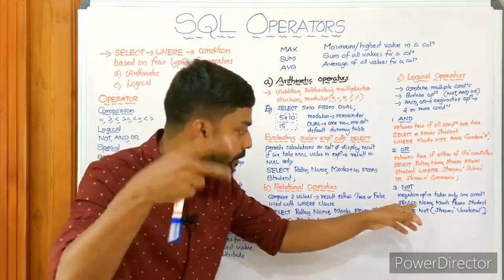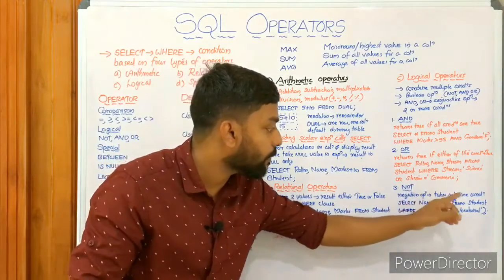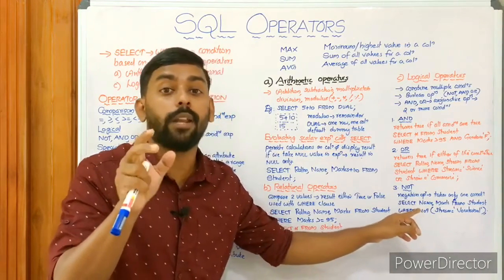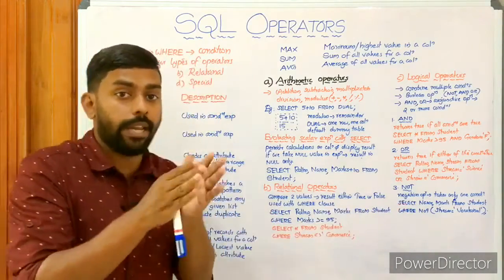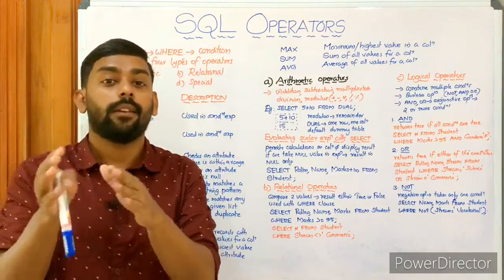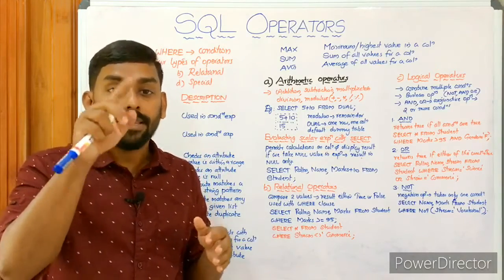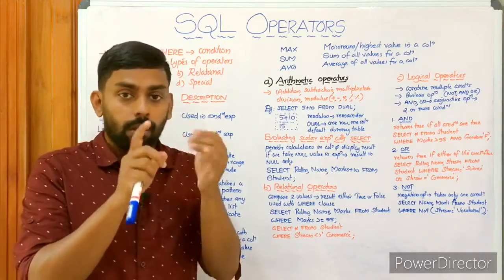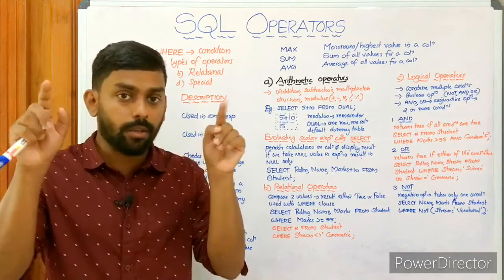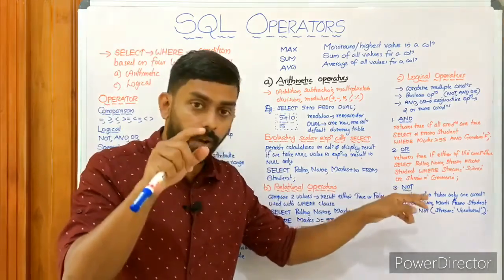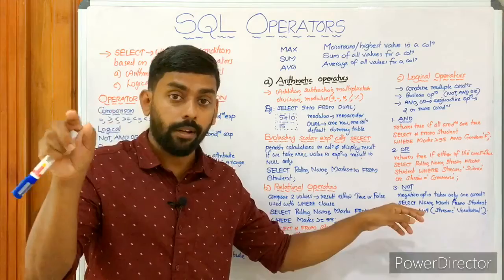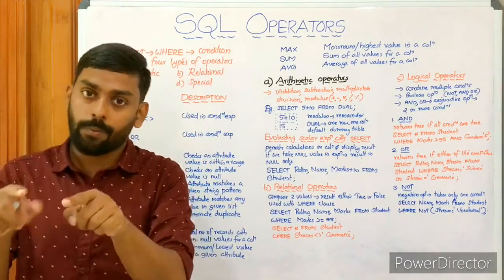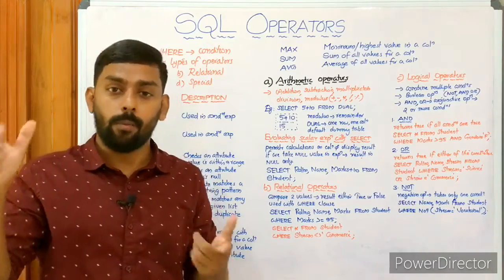Yes, let's change it to: select name, marks from student where stream not in ('science', 'commerce'). We know character and date values must be enclosed in quotes. So here, stream is a column, not is an operator, and in is also an operator, followed by the parenthesis with science, commerce.